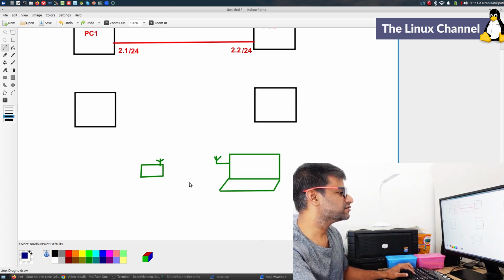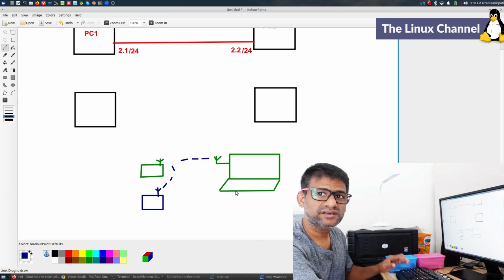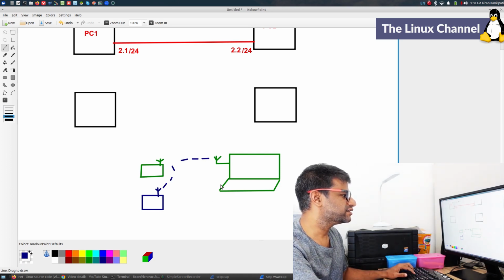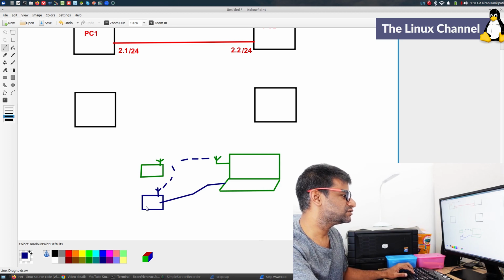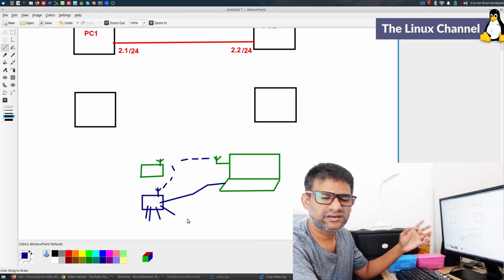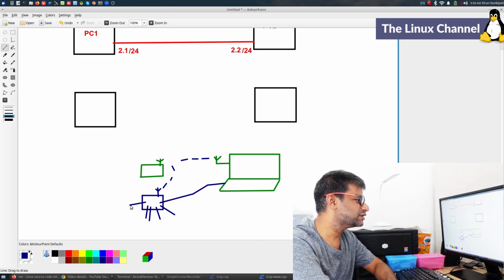In my home, actually, I have connected another Wi-Fi router like a client, something like this, and this connects wirelessly, and the laptop connects wirelessly, and this laptop has another wired cable which connects to this Wi-Fi router. To this Wi-Fi router, all my servers are connected in this wired network, because I cannot run a wireless port to those servers. So this will be like this, and this is my entire lab.